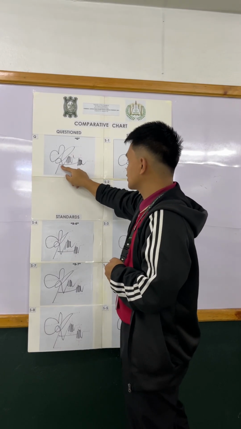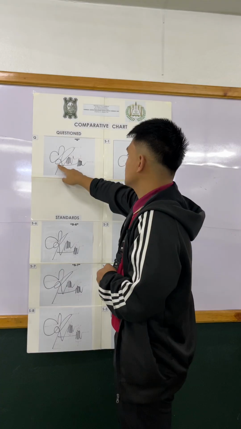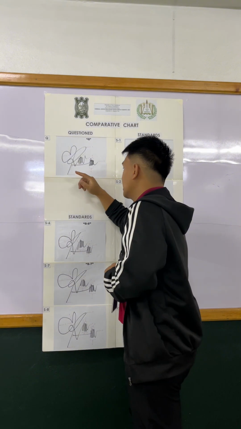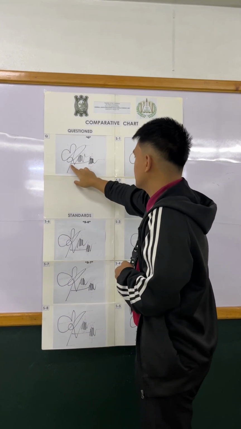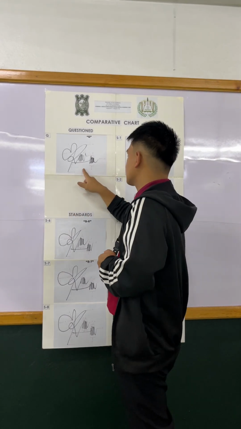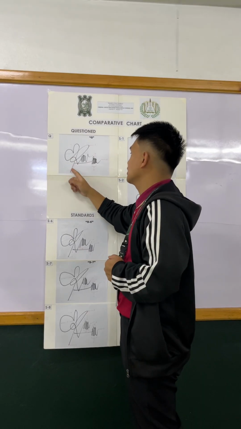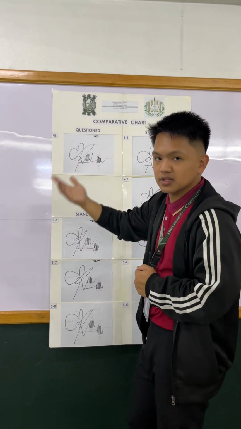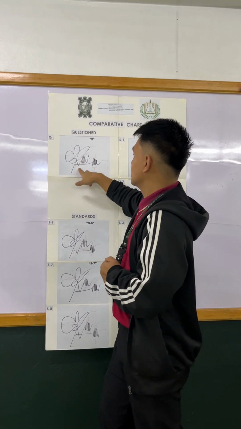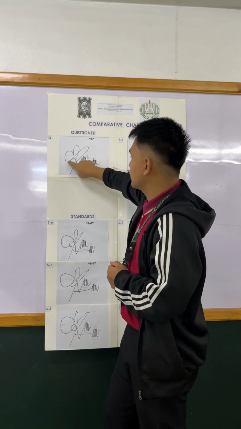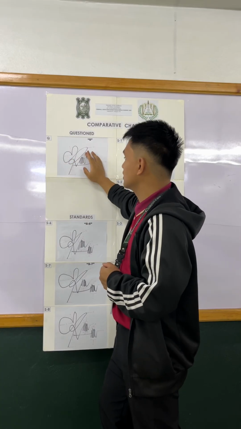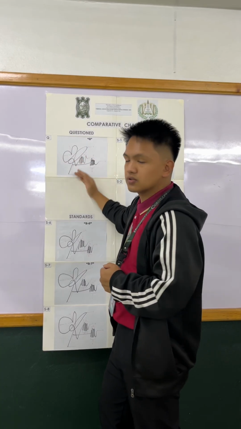Next is the dominating stroke, number 2. Number 2 pertains to the measurement and the line quality of the dominating stroke, in which the measurement of the dominating stroke is about 22 centimeters, and the line quality is poor because it is not the same from the start to the end part of the dominating stroke. Next is the back part of the letter R. If we look, it is forming a semicircle leading to the right.